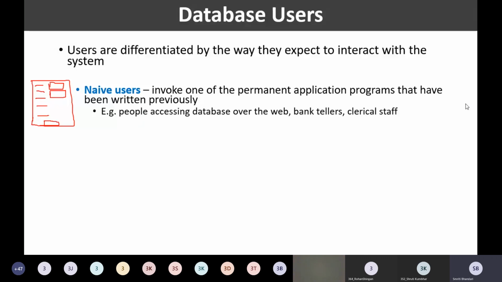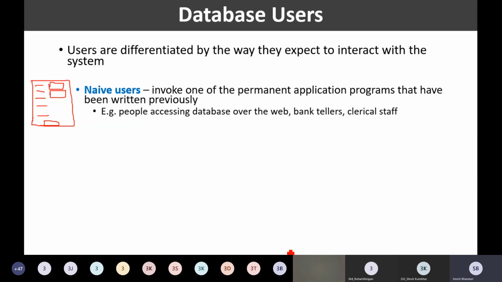So we were talking about the naive user. So who are the naive users or who are the end users? These are the unsophisticated users, right? Those are actually making use of the ready-made application program and they are simply using the functionalities. For example, any data entry operator, any clerk in the office, all those people are the naive users.